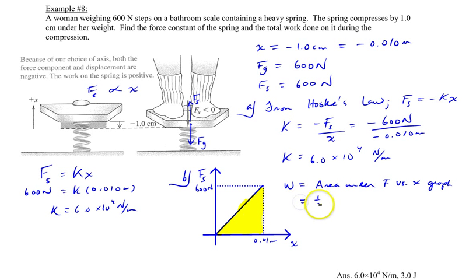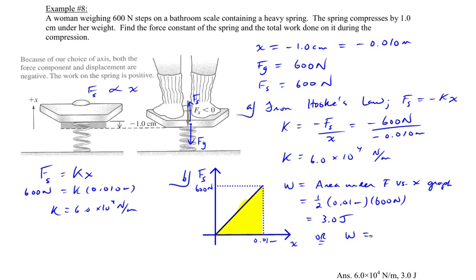which would be equal to 1/2 the base, which is 0.01 meters, times the height of this triangle, which is 600 newtons. And this would give you an answer of 3.0 joules. Or alternatively, you could use a non-graphical approach and just say the work done would be equal to